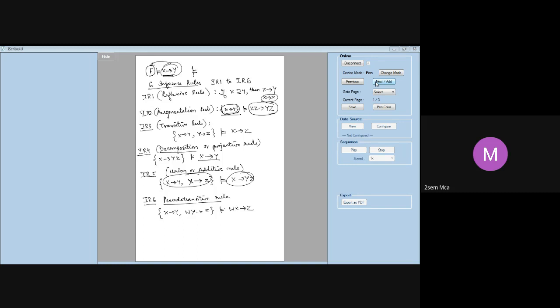So each of these inference rules, you have 6 inference rules, each of these inference rules we can try to prove. We can prove it from the definition of functional dependency, either by direct proof or by contradiction. So we can always provide proof either by direct method